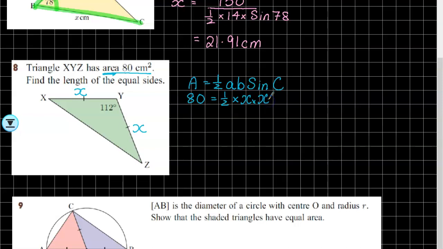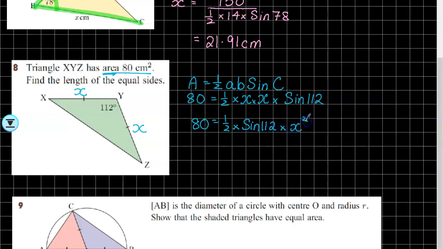Great point for making certain that your timeses look different to your x's. Okay. Times sine 112, and remember sine of 112, that's just a number. It's a big old decimal number, but it's still just a number. So we're going to tidy that up. A half, what is x times x? x squared. Now I can also write this in any way that I wanted. I could write it's a half times sine 112